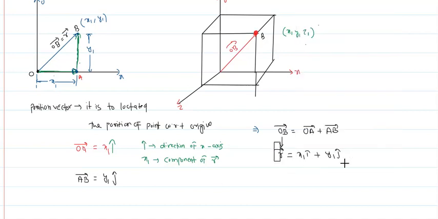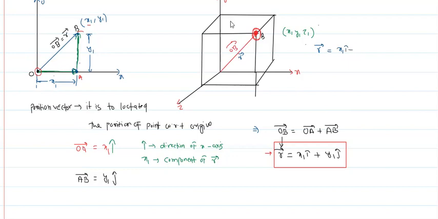If you have a point in the plane, you can represent the position of this point with respect to the origin with the help of the position vector, and that is nothing but x1 i cap plus y1 j cap. Suppose I want to know the position of this point, so I use the r vector. So I can write in 3D: x1 i cap plus y1